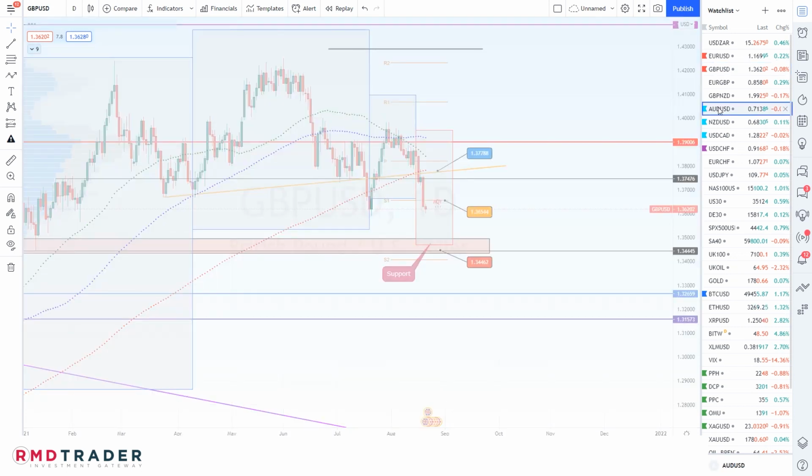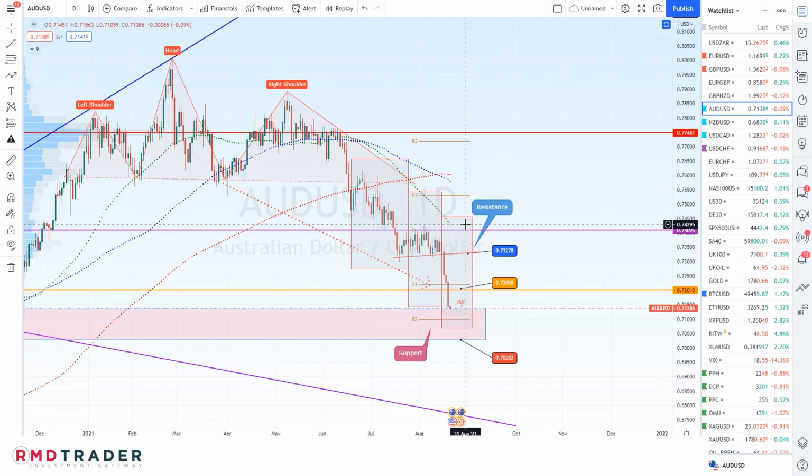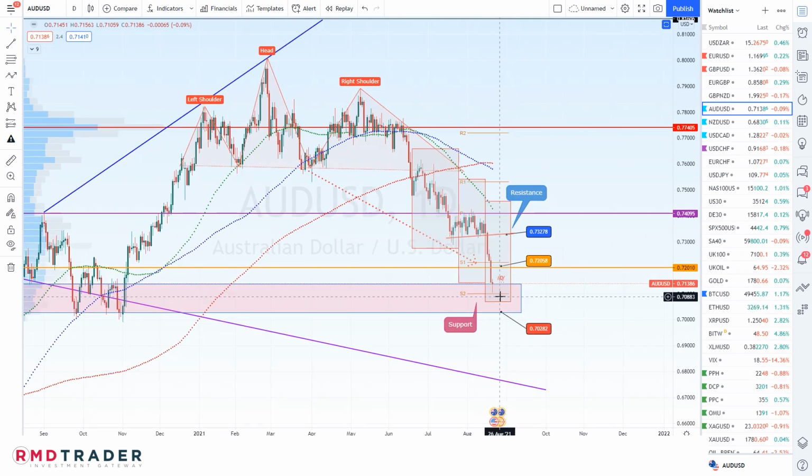We will now look at Australian dollar USD. The Australian dollar USD has now entered into trend evaluation phase 3 as it has broken through price structure support from this diagonal. And from here we can see the price has sold off quite aggressively. It has now reached support. There is some additional support a bit lower down at